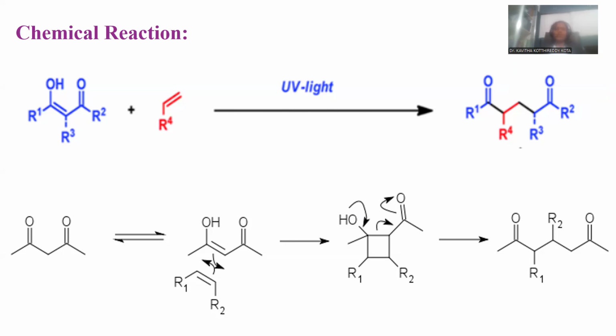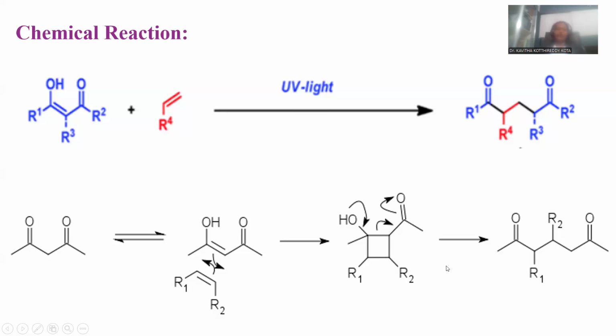In order to understand the mechanism well, the 1,3-diketone is tautomerized, so that the enolic form is taken into consideration, and here the olefinic compound is taken. Both participate in the 2+2 cycloaddition process. Here you can achieve the cyclobutane intermediate. Cyclobutane is sterically highly strained, so it immediately goes for the ring opening reaction in this manner, and you can achieve the 1,5-diketone